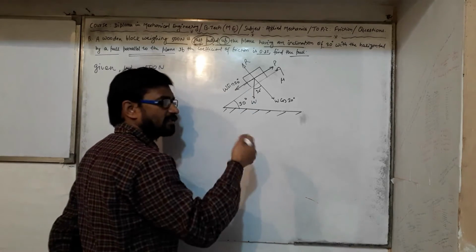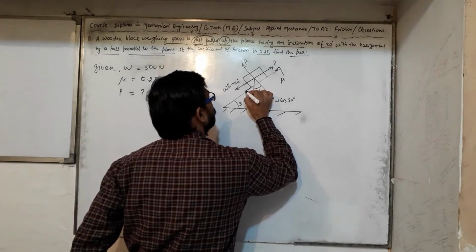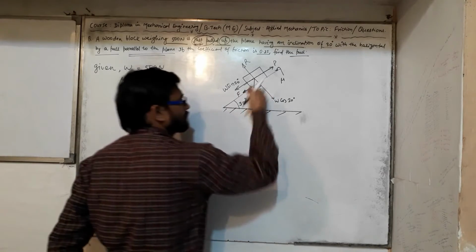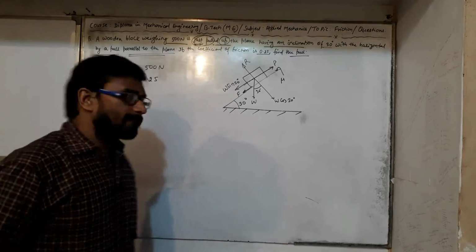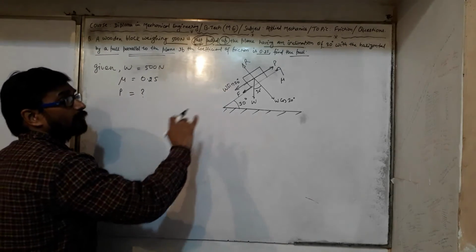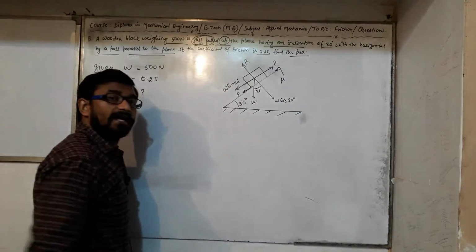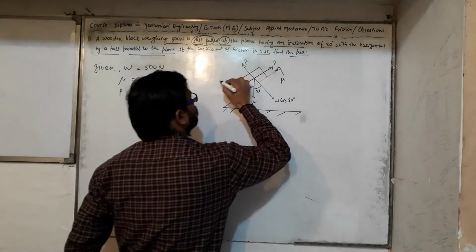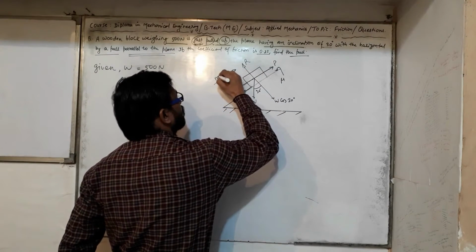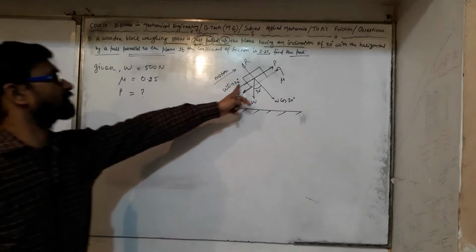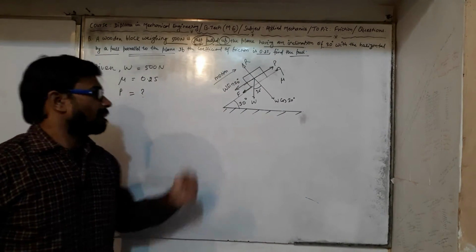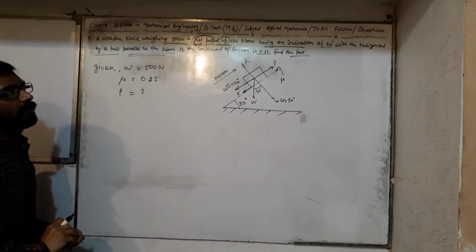Surface phenomena, it is the surface phenomena. So the frictional force F would act in the downward direction, since the tendency of the body is to move up. If the tendency of the body is to move downward, then the frictional force will act upward. Here the body is moving, the direction of motion is upward. Therefore the frictional force will act downward. Now everything is clear here, I hope.